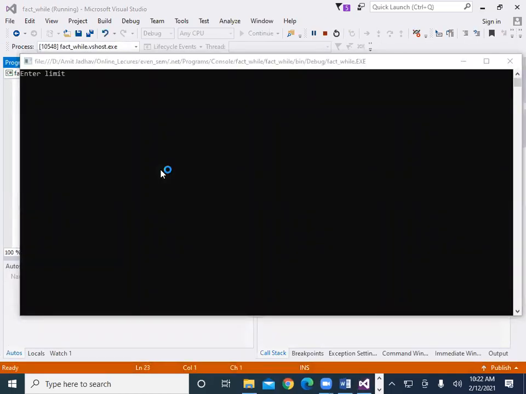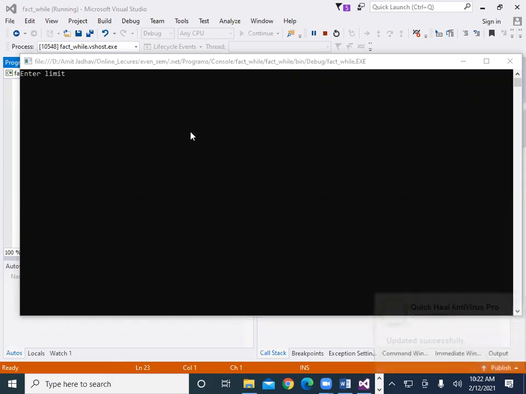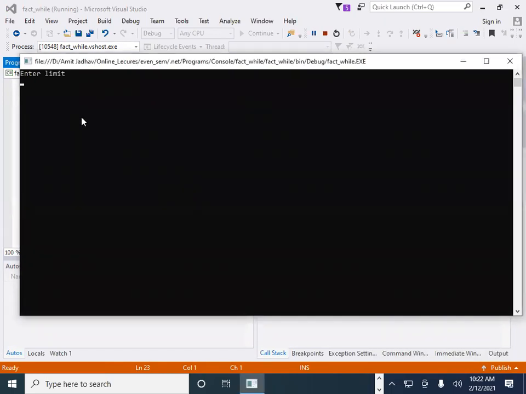Enter limit. Enter limit 5 and the factorial of 5 is 120.